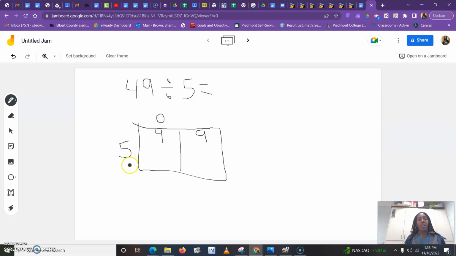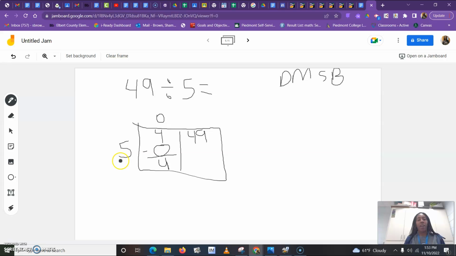Then I multiply. 0 times 5 gives me, I'm sorry, gives me 0. Then I subtract. 4 minus 0 gives me 4. Then I bring my 4 over. Because my steps again are D, M, dirty monkeys smell bad. So